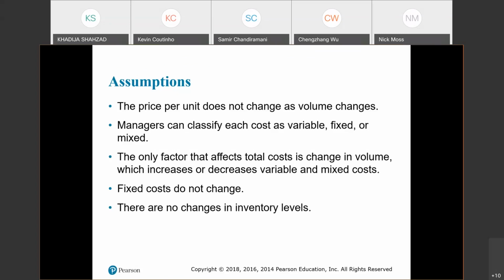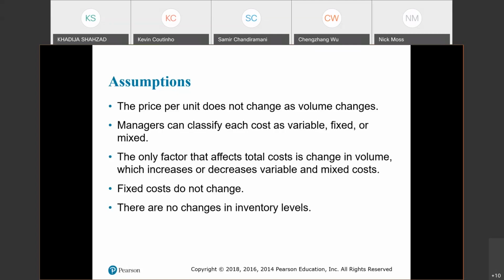Or in other words, the selling price of each unit does not change. Secondly, managers can classify each cost as variable, fixed, or mixed. Third, the only factor that affects total costs is a change in volume, which increases or decreases total variable and mixed cost. For example,